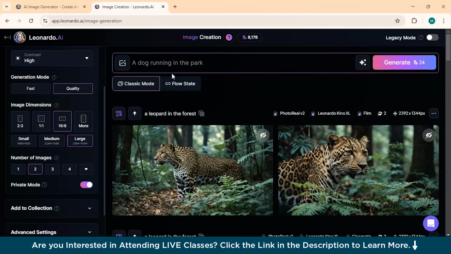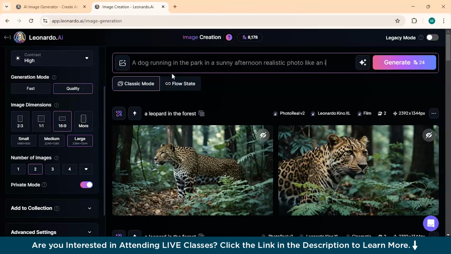So this is a clear subject. Then make sure to set the proper vibe you want, like a dog running in the park in a sunny afternoon. So this is the vibe. I want the outside background to be sunny. Now let's specify the type of background you want and also the extra details, like a dog running in the park in a sunny afternoon, and I want that image to be a realistic photo,